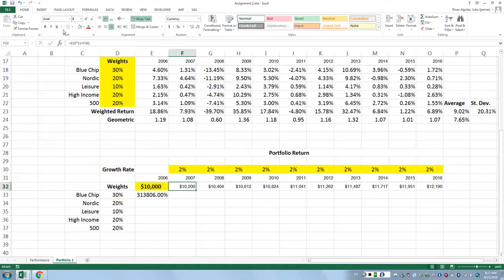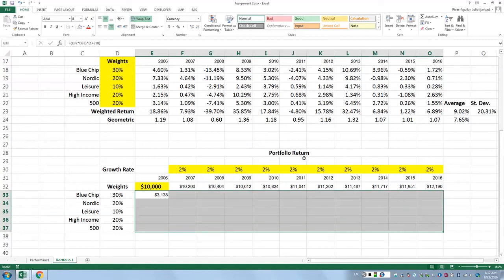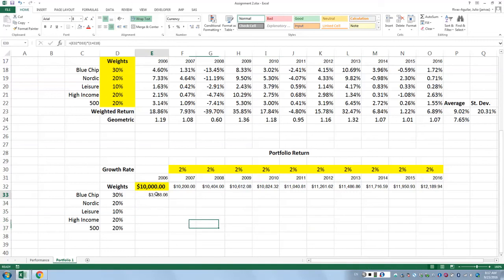So now, I changed this to number, and I'm going to copy the format for all of the table, and there you go. And I'm going to throw in a couple of decimals, right? Should have done that for everything. Okay. So what are we doing in 2006? We are investing $3,000, which is 30% of 10,000. And this first part right here is 30% of 10,000. And then those $3,000 are making a 4.6% return, right?